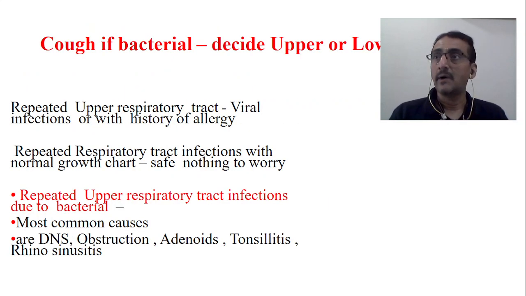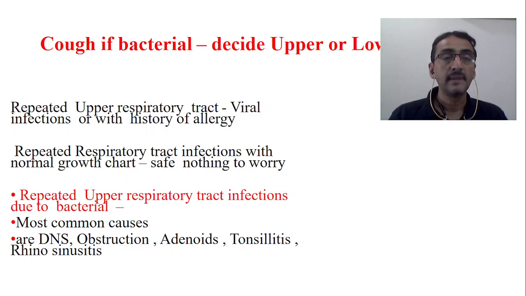I told you, if it is viral, what we have to do. If it is viral, just look at the growth chart, confirm all these things and assure the mother. Suppose recurrent fever and cough are there, and it is bacterial. Now the cough is because of bacterial origin. Now decide whether it's upper or lower. Repeated upper respiratory tract infections,